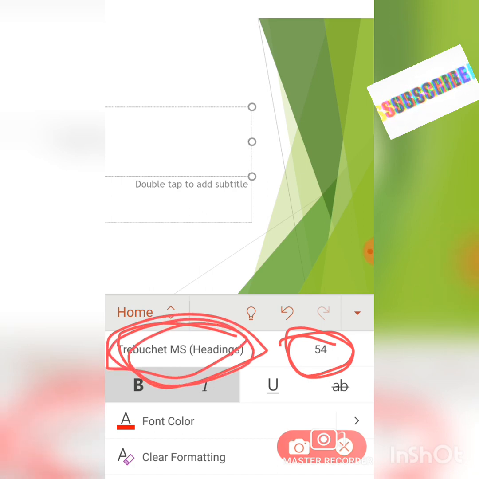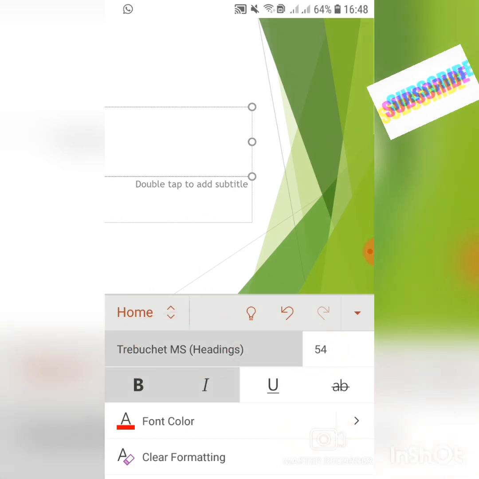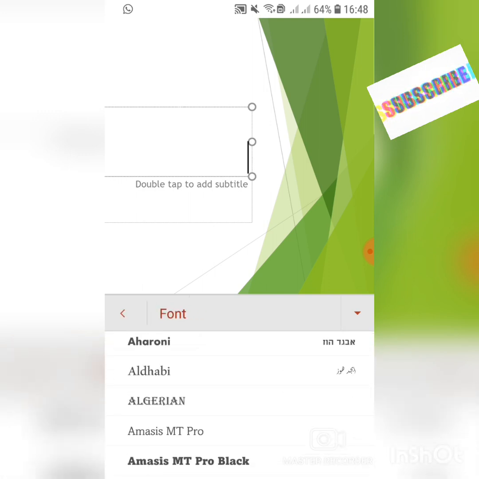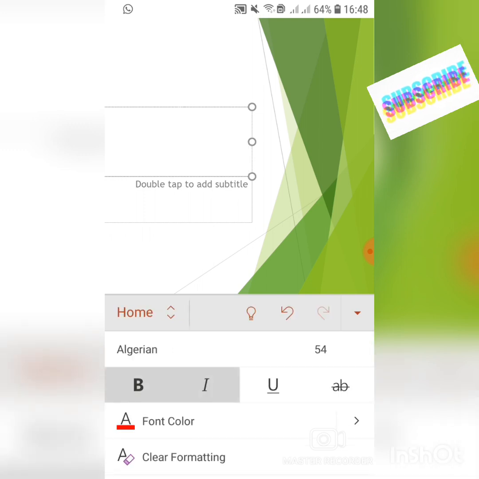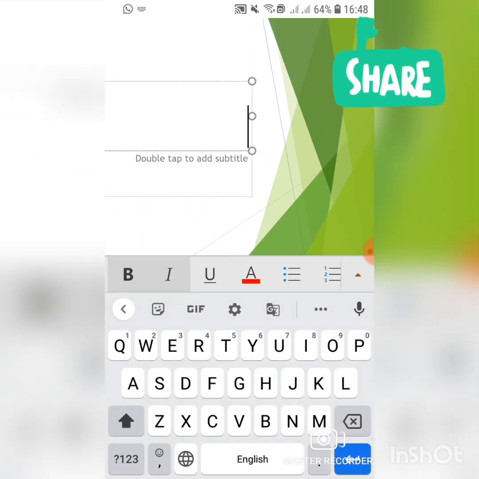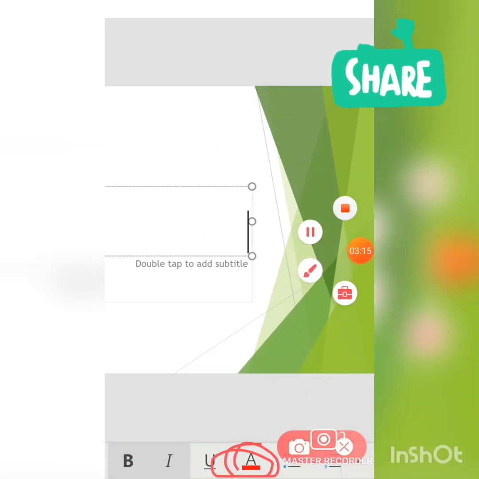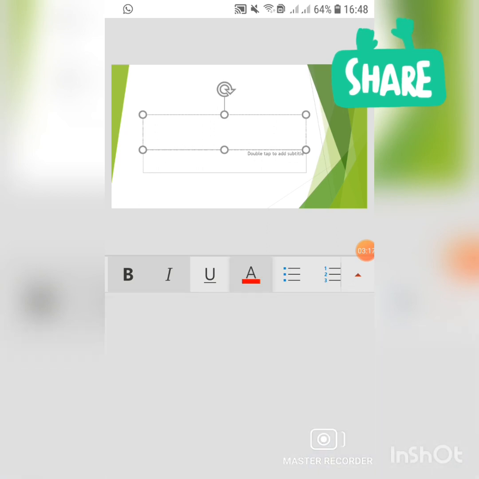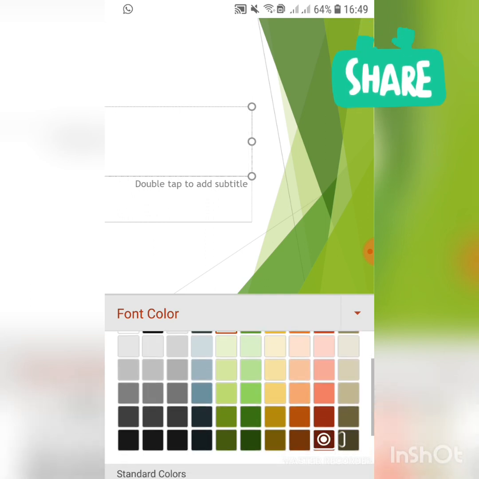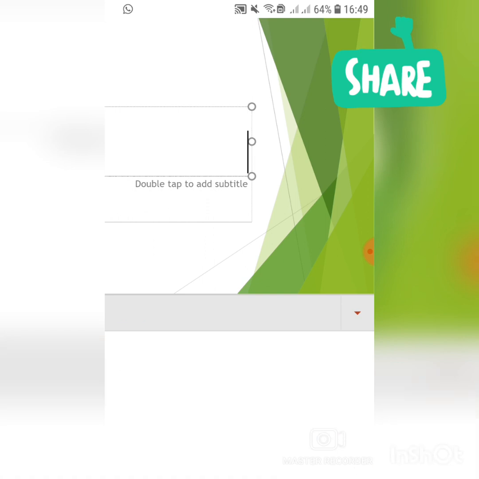Designs option. So first I'm going to change the design. The most favorite design I want in this is Algerian. This is a very beautiful design. Adding more designs, you can go there, and just changing the size to 72. Now I have bold, italic and color changing option. As I told earlier, this A and underlined one. I'll just go here and choose my color, like yellow, green, blue, red, any of the colors. Upper options are also there. So I'll just go with blue.